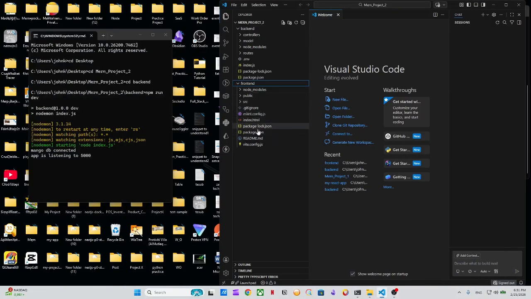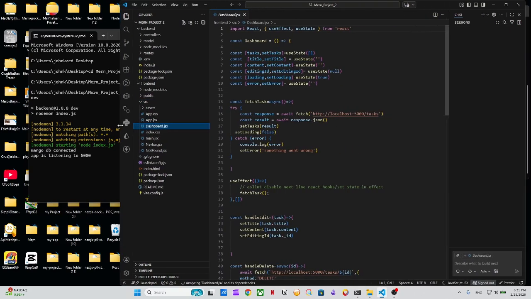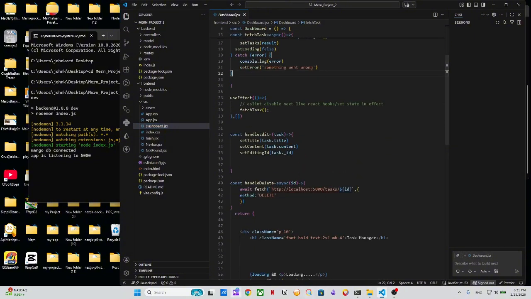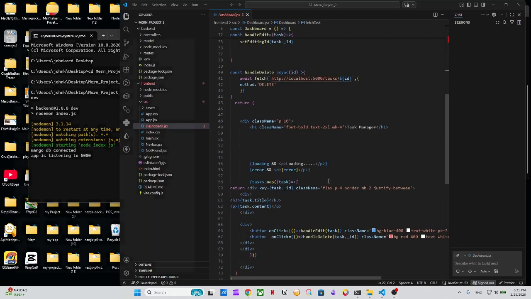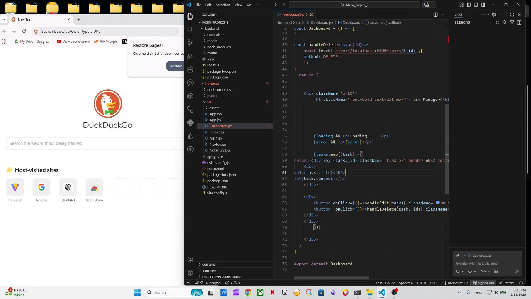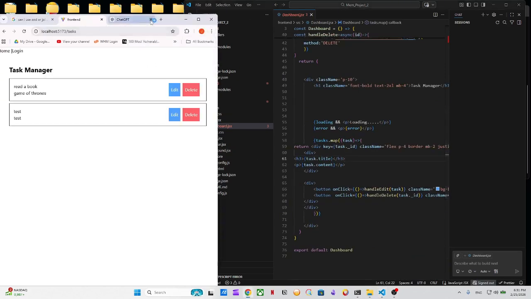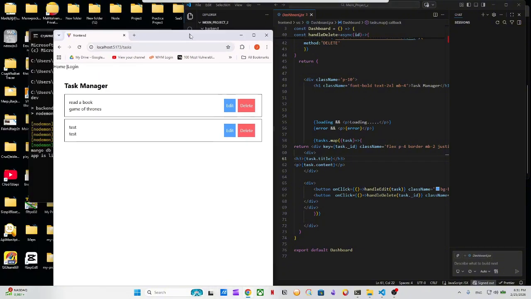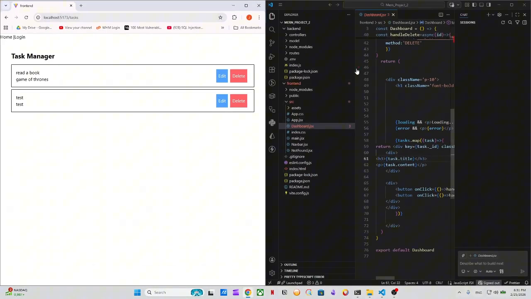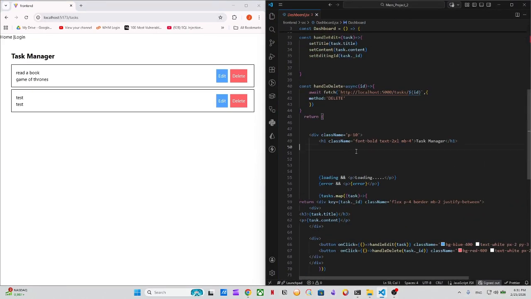So this is it. And let me open this one. Yeah, so I'm going to put this one here, and we don't need this one actually, and remove this one. So let's continue. Okay, let's create a form here,